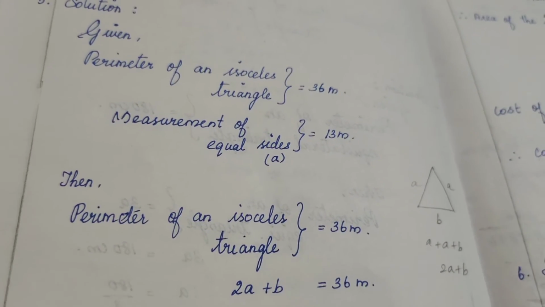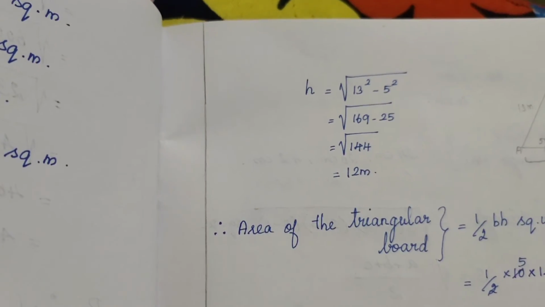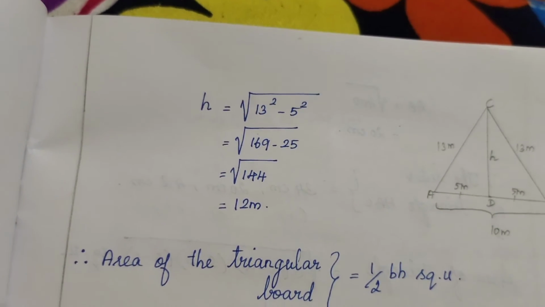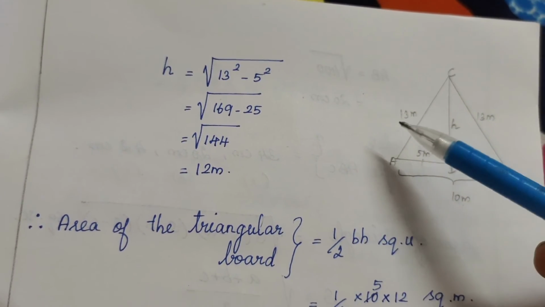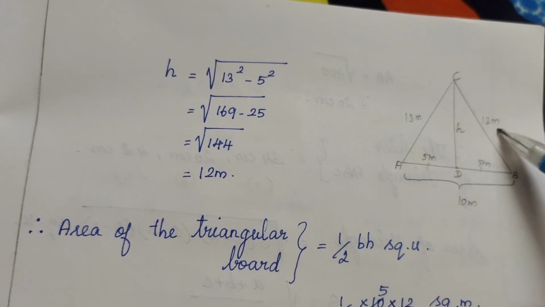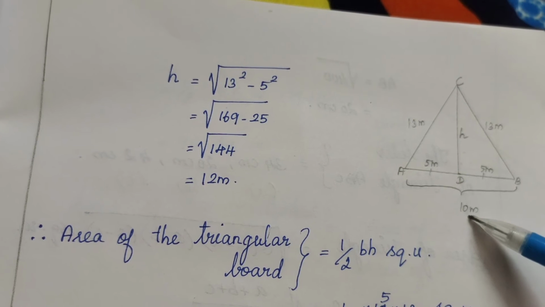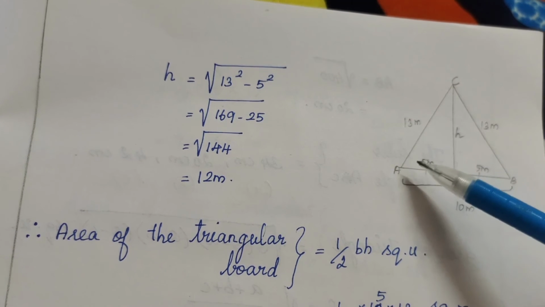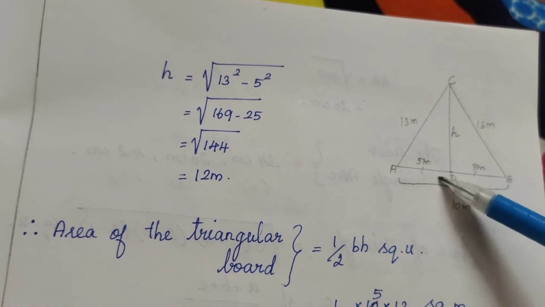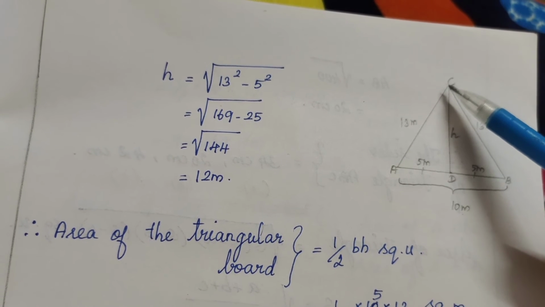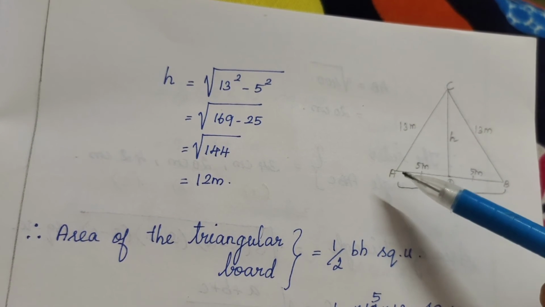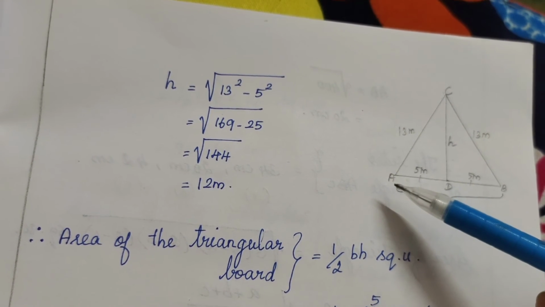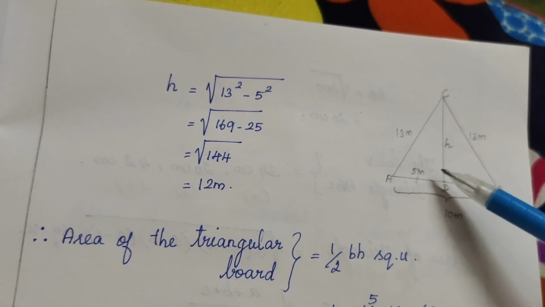Then we know if we want to find the area of a triangle, we want the value of h. So from the given details, we are going to get the unknown detail. We know the equal sides of the isosceles triangle are 13 meter, and the third side is 10 meter, but we want the value of this h. Now consider this triangle ADC, it is a right angle triangle, isn't it? According to Pythagoras theorem, if you want to find the value of this AC, we have to take the square root of AD square plus DC square.